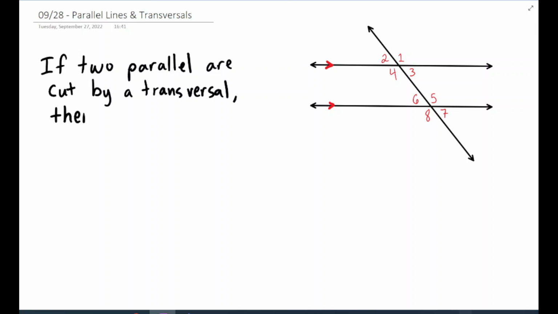We're going to have a couple of theorems, 4 to be exact. The first one,